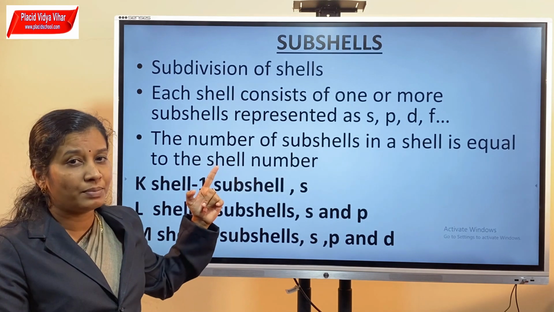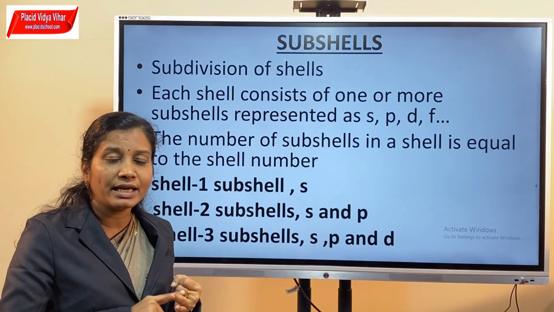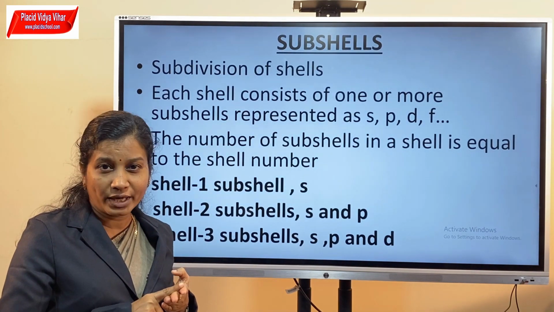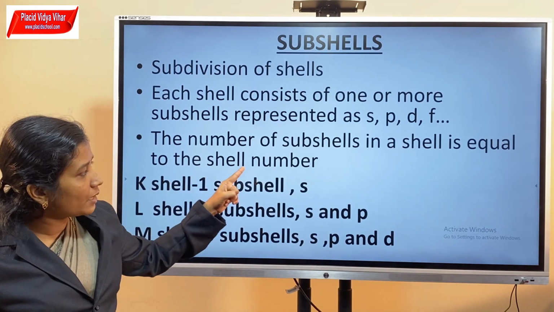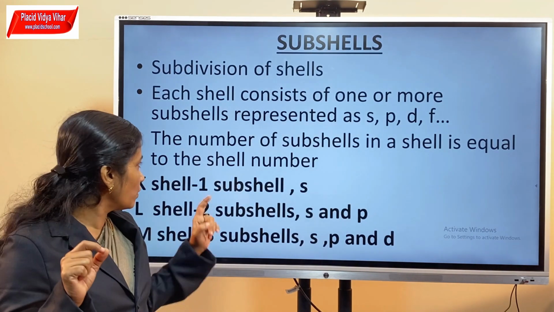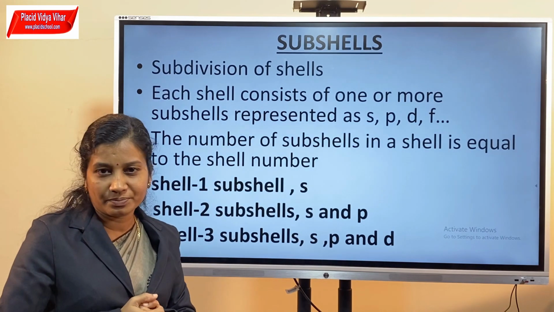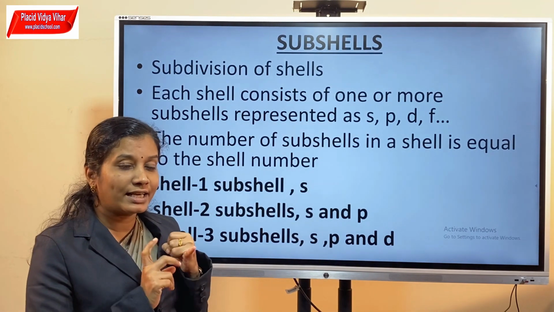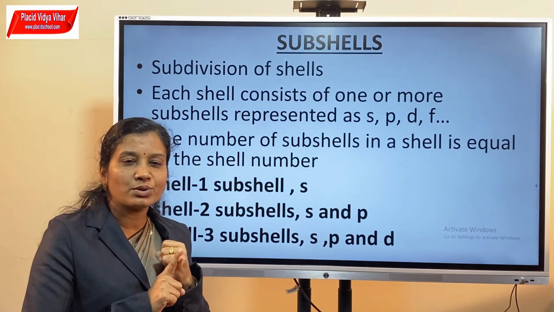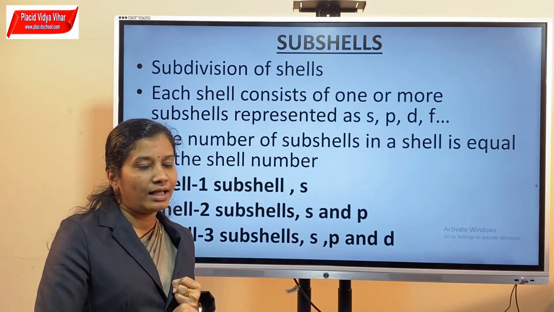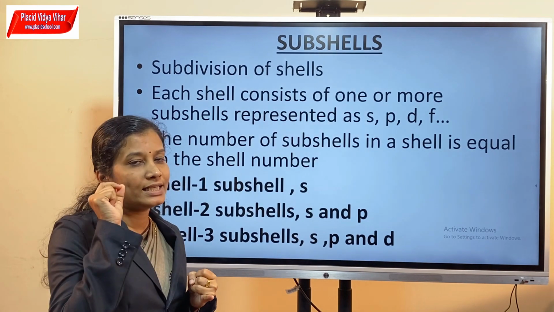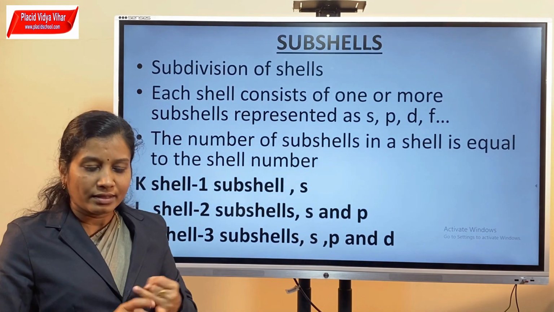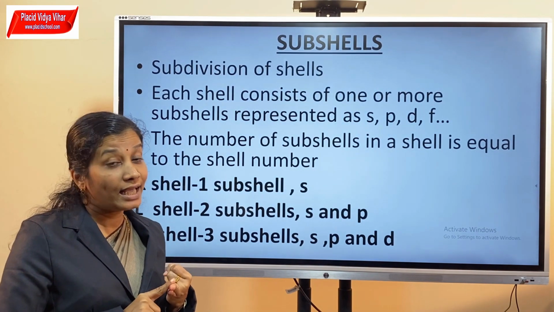Subshells are represented as S, P, D, F. The number of subshells in a shell is equal to the shell number. That means the first shell, the K shell, consists of only one subshell. And what do we call that subshell? It is the S subshell. Then the second shell, the L shell, consists of